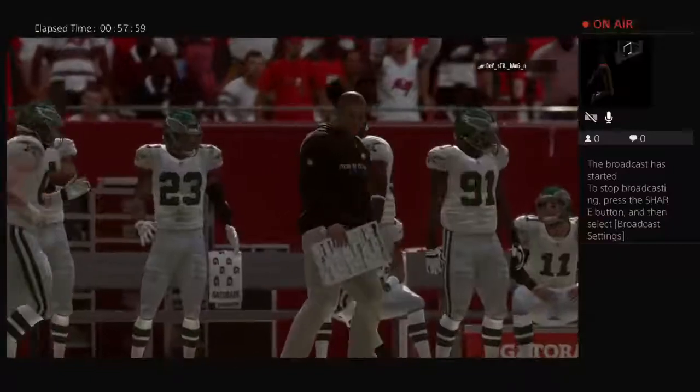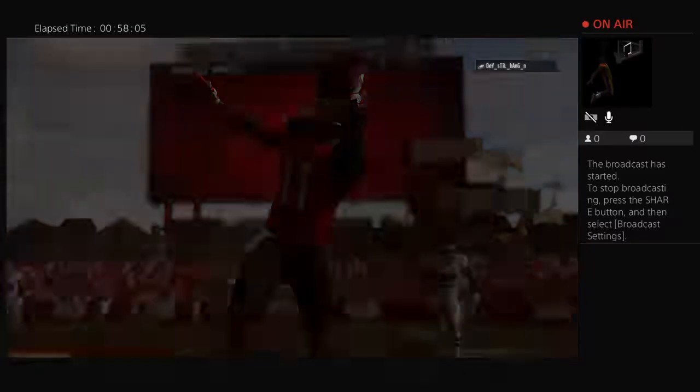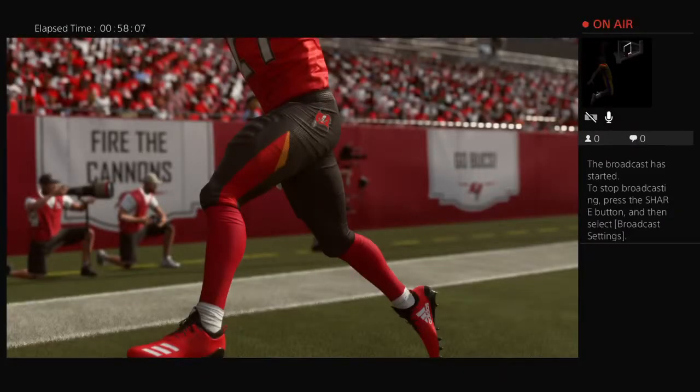So the Buccaneers are able to complete what so often seems to be elusive, a shutout in the NFL. And maybe what's fitting is they ended the game on the field, that defensive unit on